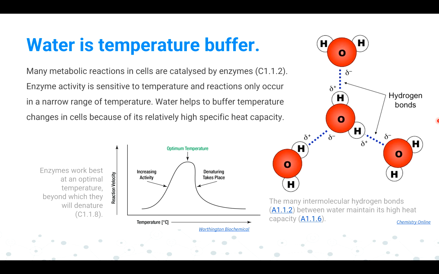So if you see this particular graph, the x-axis shows the temperature, the y-axis shows the reaction velocity. As the temperature increases, the reaction activity is also increasing, and at this particular temperature, this enzyme is working best, right? Because the peak is highest. Beyond that, if you increase the temperature, it's getting denatured. So denaturation is a sudden dip in the graph.